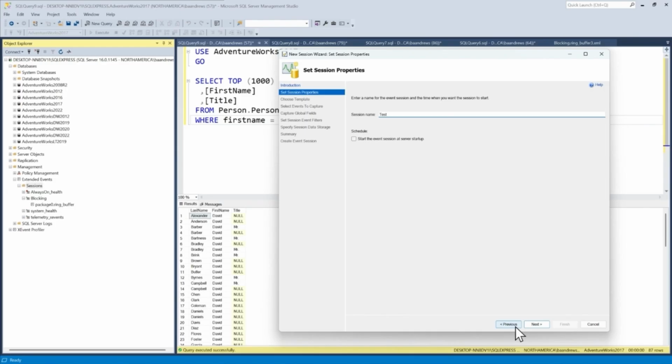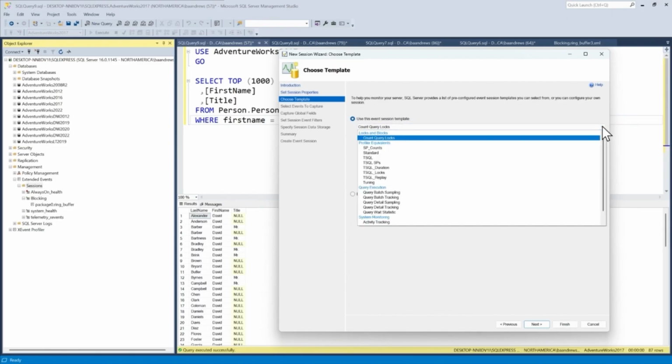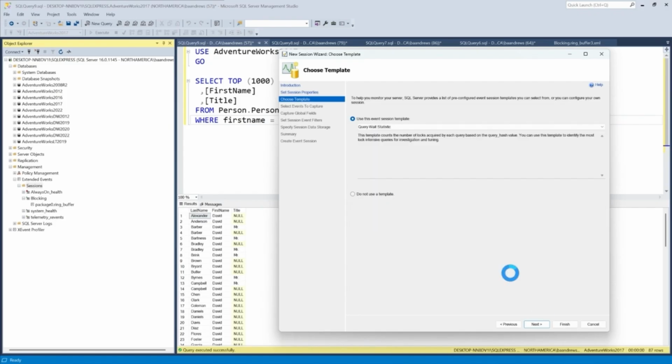And then from here, I can say whether or not I want it to start the event at startup or not, and I can go back and adjust that if I'd like. And then there's a bunch of templates in here that I can use as a starting point that might make it very helpful. Maybe you want to do something to capture query detail. Wait statistics is a good one. Maybe I want to capture that, so I can pick this from the list,